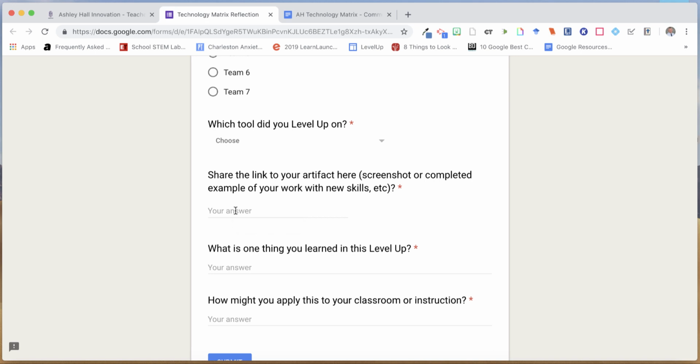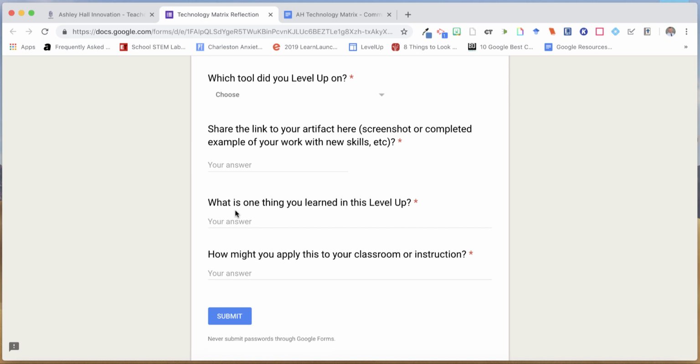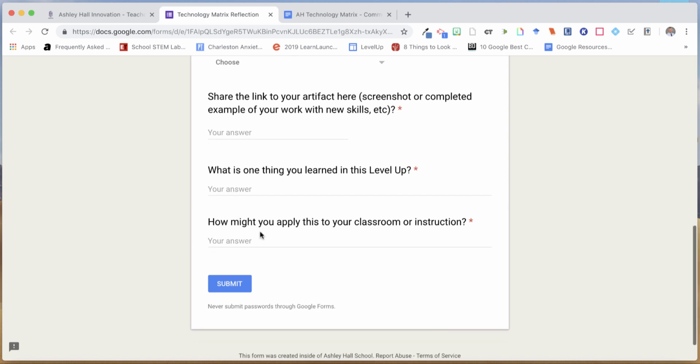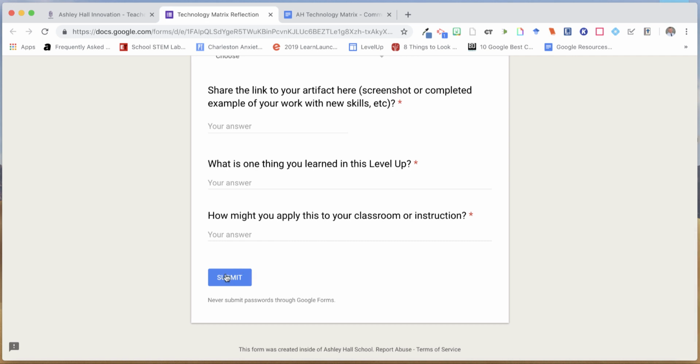So if you had to learn how to use conditional formatting in a Google Sheet, you may just take that Google Sheet link and post it here to show as your evidence. Then share one thing you learned in this level up, so I really love conditional formatting or finding a time in Google Calendar. It's going to make my life a lot easier. And I'm going to use that with my parents, actually, and booking meetings with them. You go ahead and click on Submit,